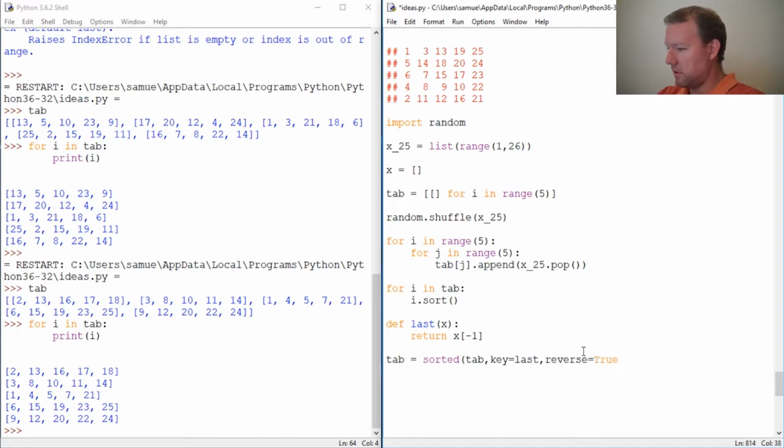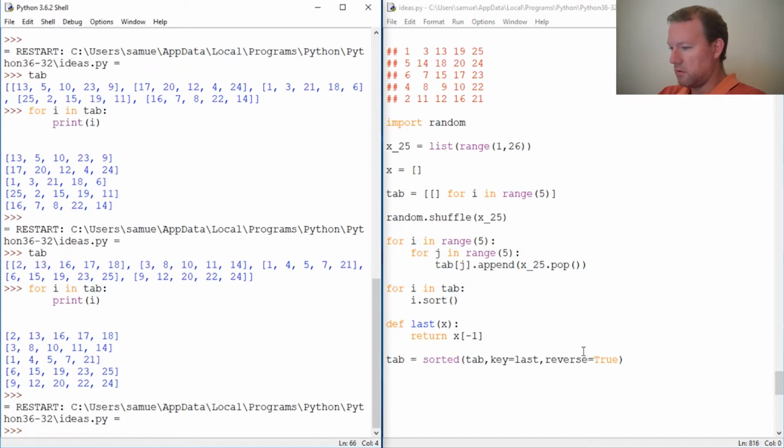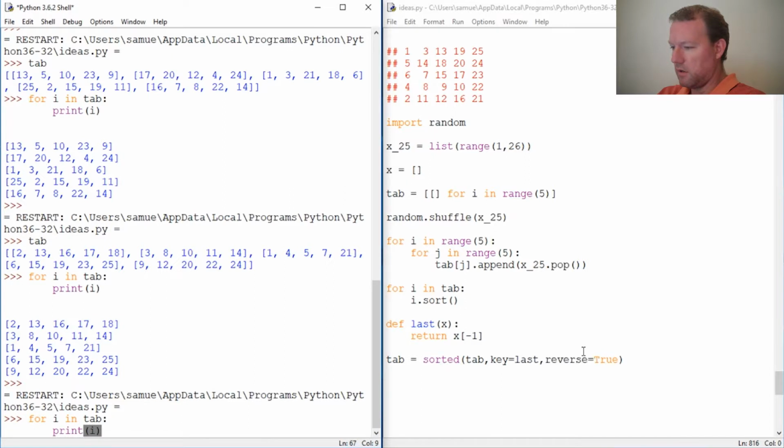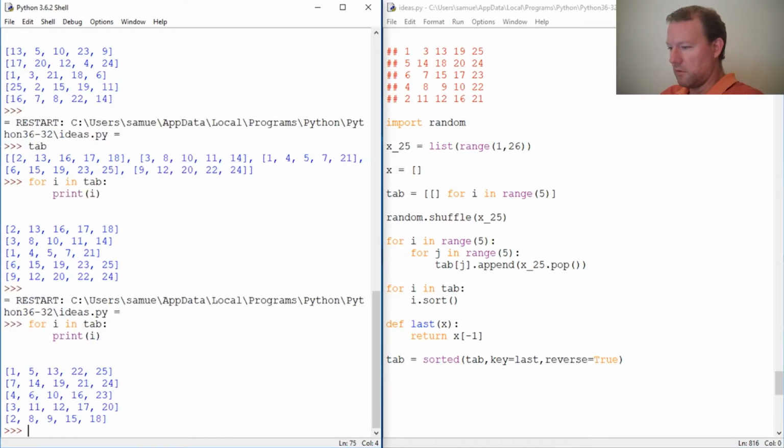True. And let's check and make sure. Let's run this: for i in tab, print i. So lo and behold, here we go. And to remind you what the premise is